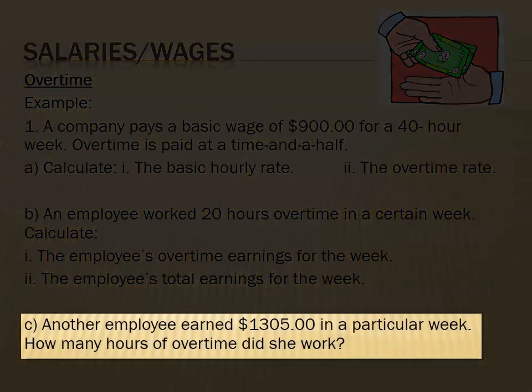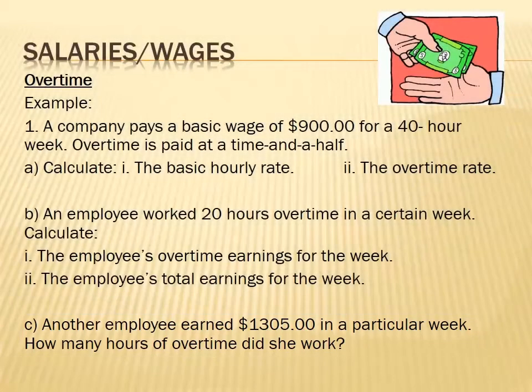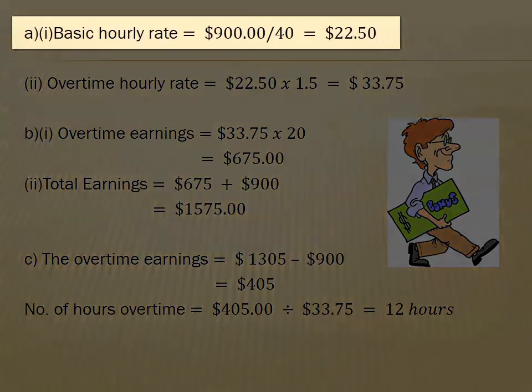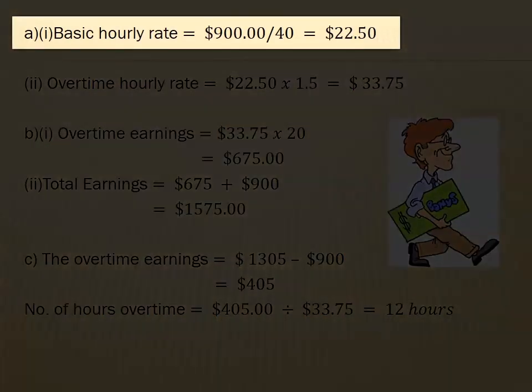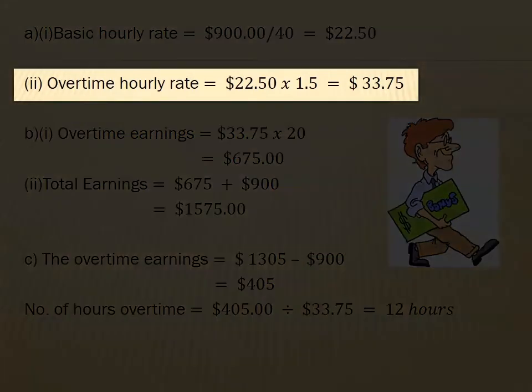Finally, Part C, another employee earned $1,305 in a particular week. How many hours of overtime did she work? In Part A, the basic hourly rate would be $900 divided by 40, since it is a 40-hour week, which is equal to $22.50. In Part 2, the overtime hourly rate would be $22.50 times 1.5, since it's time and a half, which is equal to